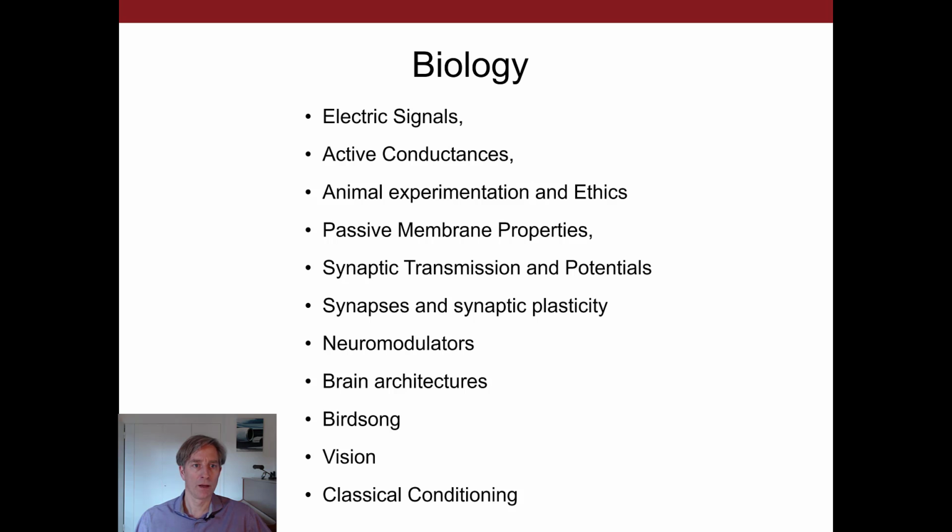So we'll cover the electric signals of neurons, active conductances, animal experimentation and ethics, then passive membrane properties, synaptic transmission and potentials, synapses and synaptic plasticity, and so much about the biophysics. And then neuromodulators, brain architectures and special examples, birdsong, vision, classical conditioning. And so this forms the biological part of the class that will mainly cover the first half of the semester,